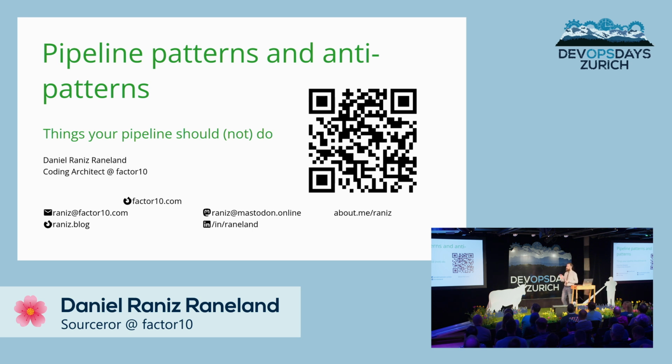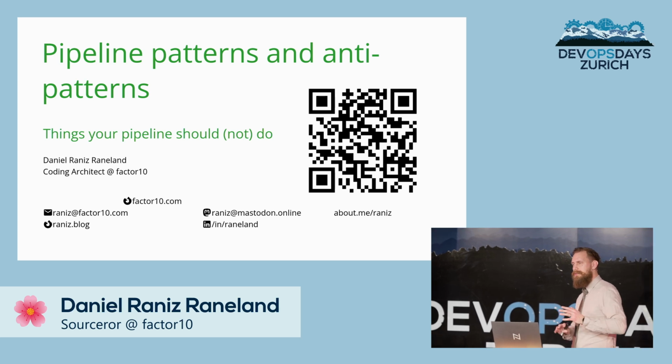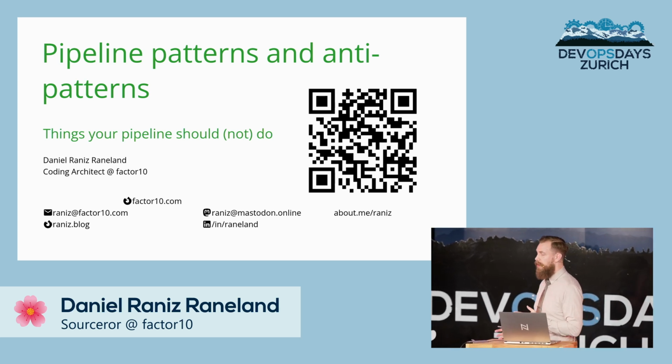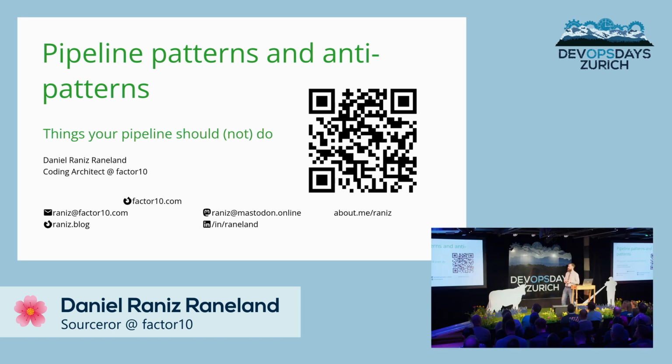And I think all of us in here, if we're developers, we interact with our pipelines daily. They're probably gating us before we can get our code into our main repository. So I'm going to talk a bit about pipeline patterns and anti-patterns, what I've seen in my own pipelines, mistakes I've made, mistakes I've seen others make, and hopefully what to do instead.